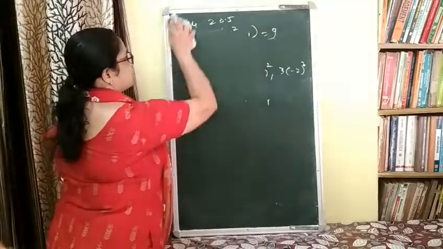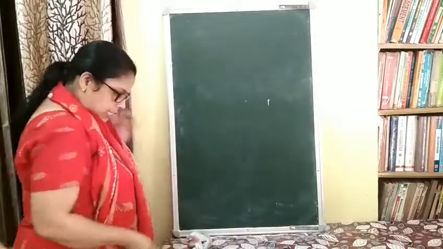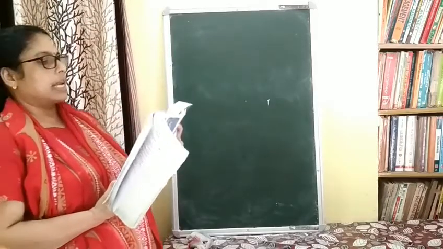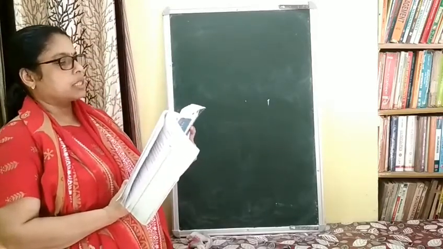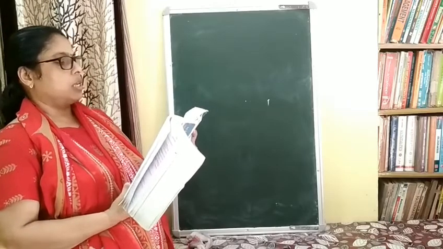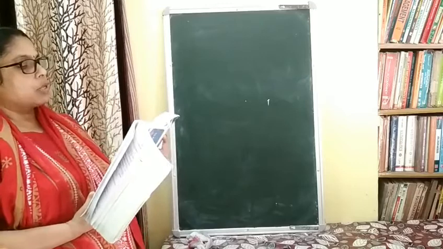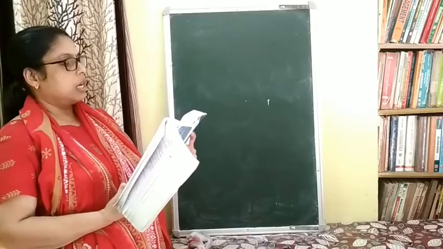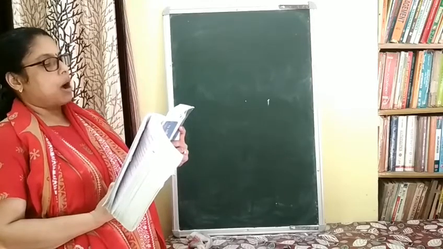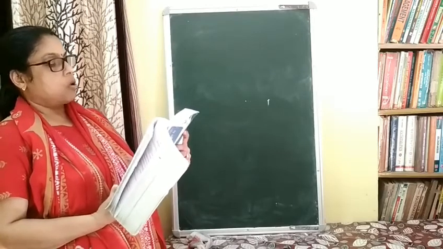Next there is a word problem. I will just read and you have to do it by yourself. What will a sum of 500 amount to 10 years after its deposit in a bank which pays an annual interest of 10% compounded annually? If 500 rupees is deposited for 10 years at 10% annual interest, how much amount will there be after 10 years?